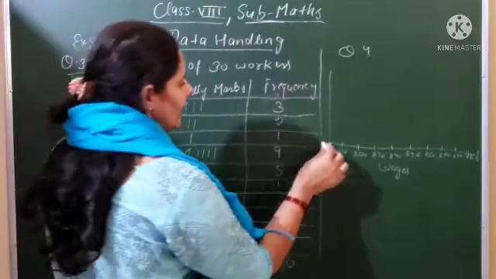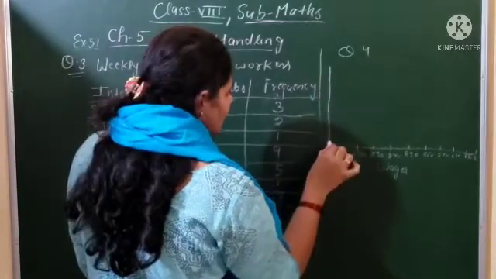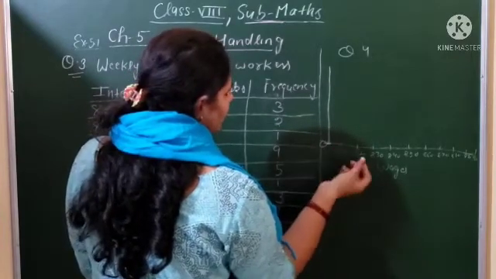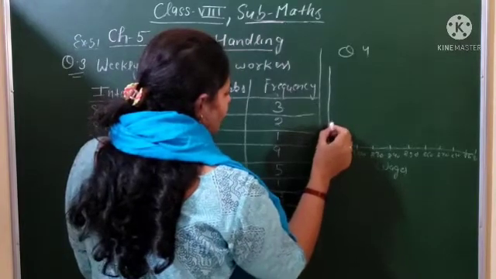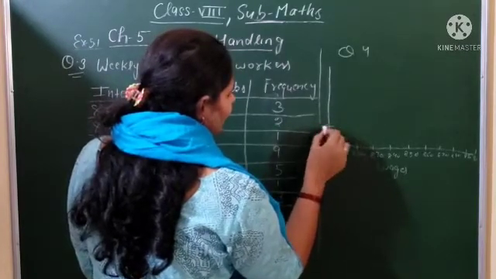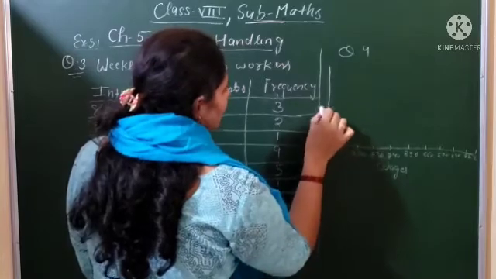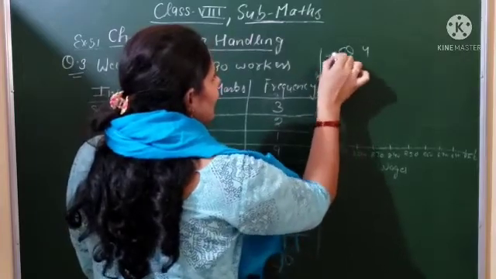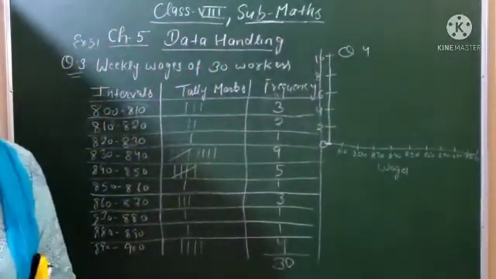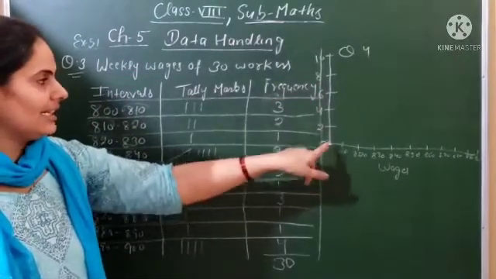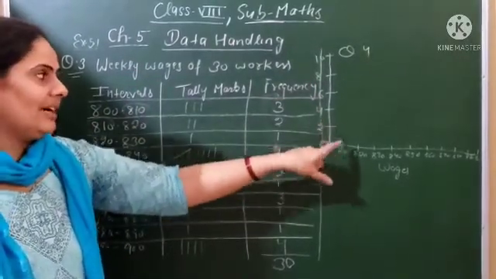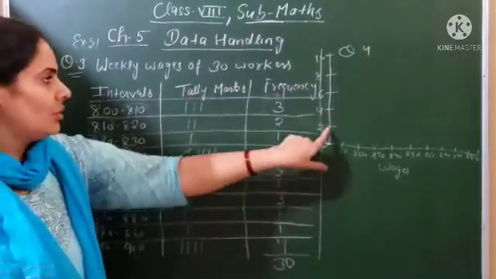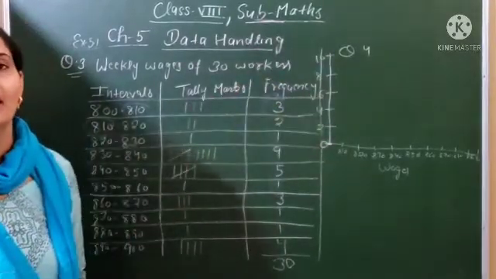So what will you write on the vertical line? For example, you can write in gaps of 5, starting from 0. Or, for example, you can write in the difference of 2: 0, 2, 4, 6, 8 and 10 for the heights. You will start from 0, where the vertical and horizontal lines meet. I am taking the difference of two numbers.